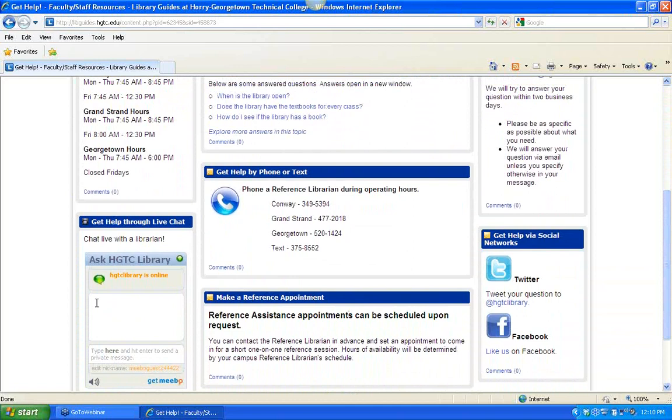So there are numerous ways that faculty can get assistance through the library, and we are more than happy to help you out with whatever it is you happen to be looking for. Okay. That's great. I had no idea actually that this was available, this chat right here. So who's manning the chat room for the library? For the most part, it is our librarians on the Grand Strand and the Georgetown campuses. Okay. But we have kind of a floating schedule to make sure that someone's always available to answer the questions